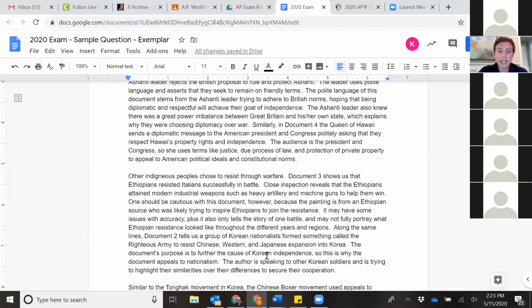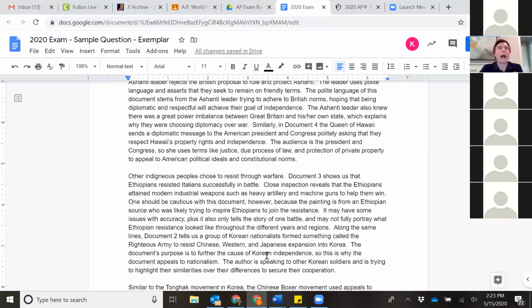I know all year long, I was like, oh, when you write a DBQ, you have to do all 7 documents. What if you get one wrong? And I'm sure throughout this last month, I'm saying, oh, you got to do all 5, because what if you get one wrong? But man, you save a lot of time by ignoring one of the documents. So I learned today that that's a valuable strategy you guys could use: just focus on 4 documents. It's okay to leave out the 5th if you're getting tight on